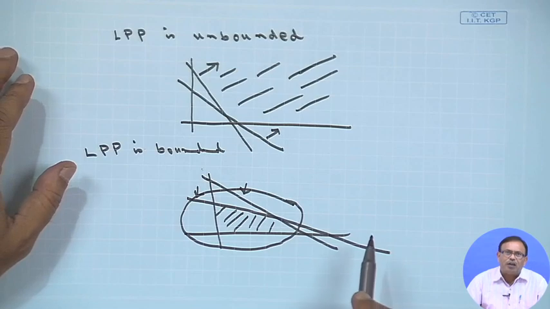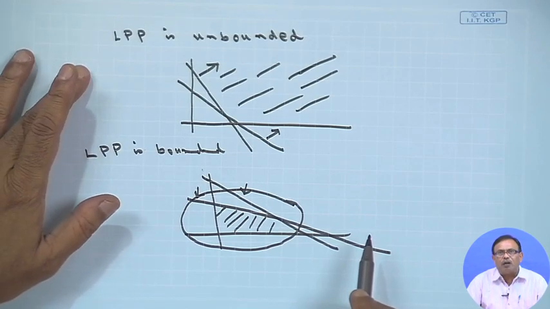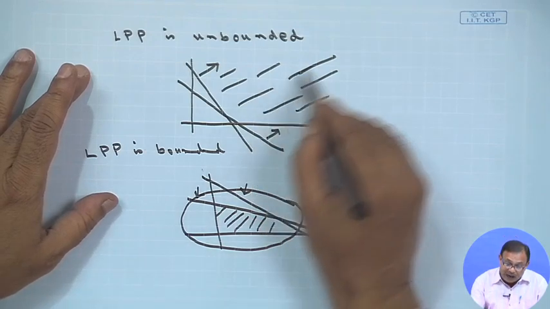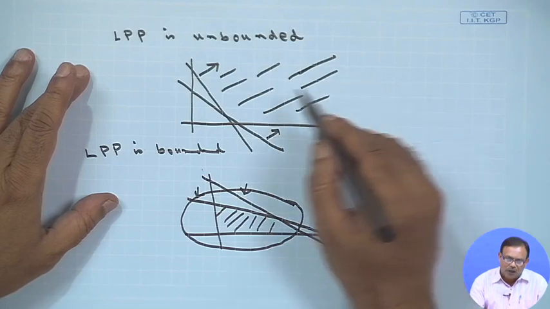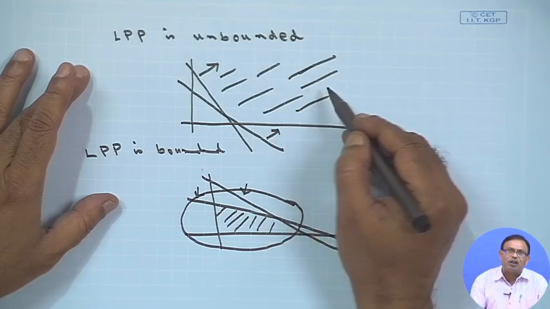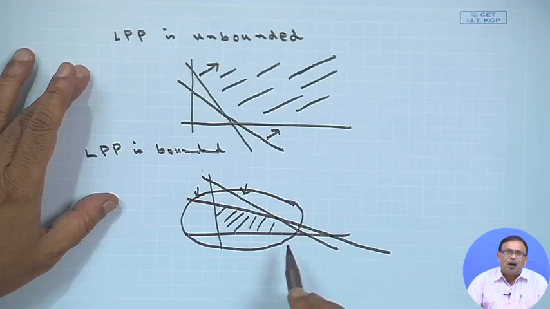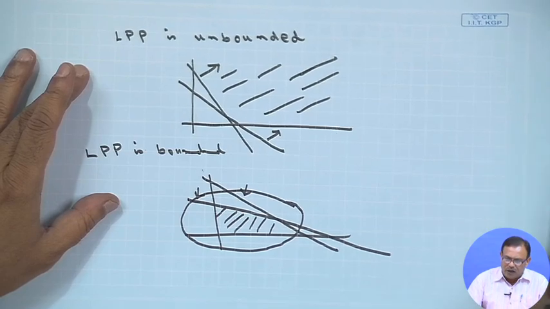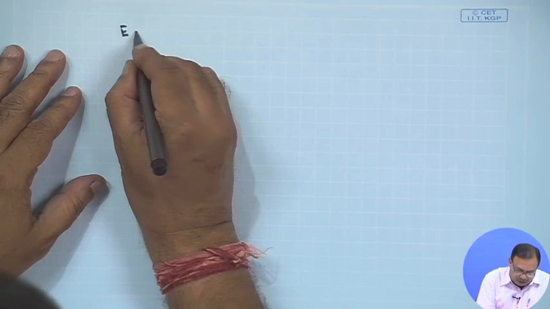So, graphically the LPP is unbounded if the feasible region extends indefinitely in the same direction. Please note this one. It is unbounded if it moves in the same direction, whereas the LPP is bounded if we can draw a circle of sufficiently large radius such that the feasible region lies inside the circle. Therefore, we can say that the existence